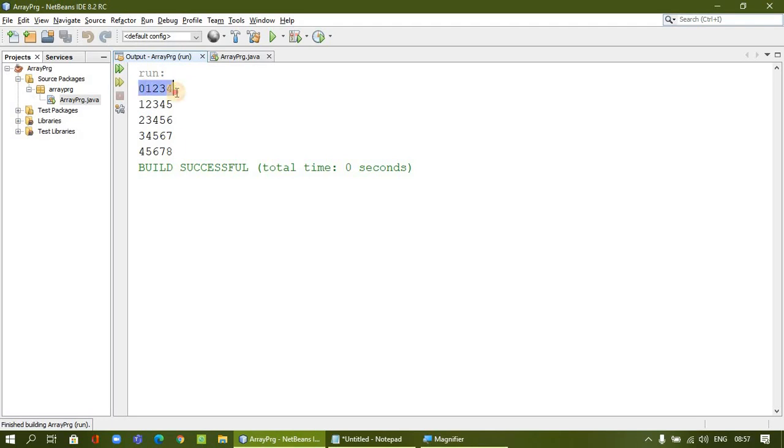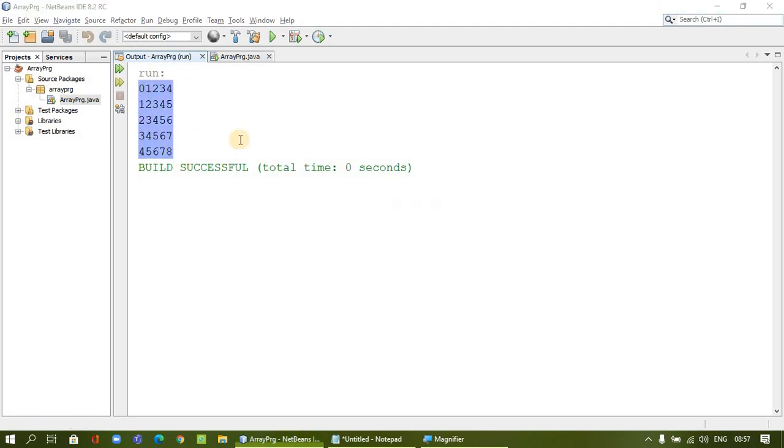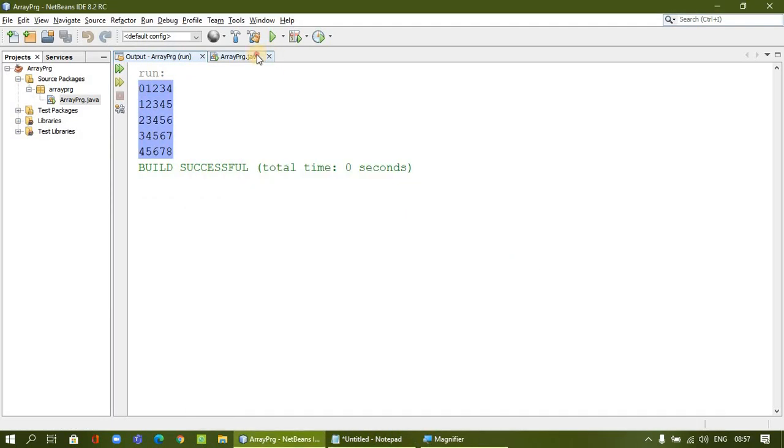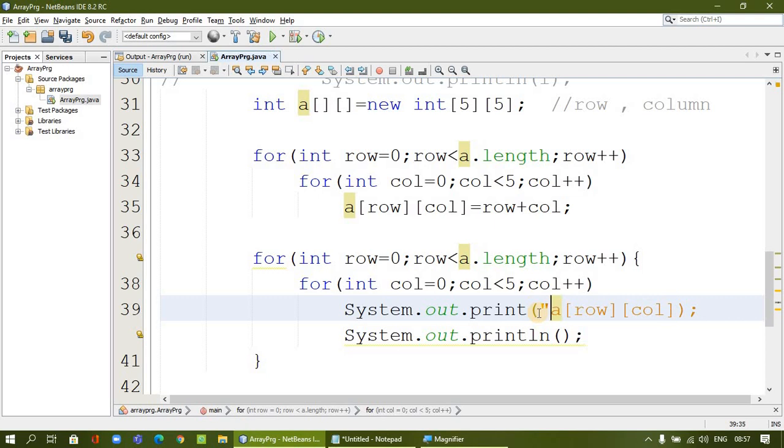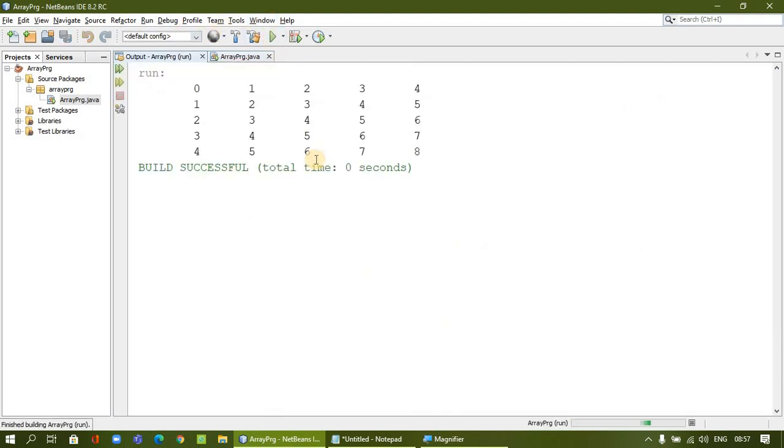So column is increased. Okay, so if you want to have a space, we can also give one space here. If we are going to have one space, we will give a space every time, or a tab space. You can give a tab space to give the value, so that we will get fine output. Okay, so the matrix value printed like this.